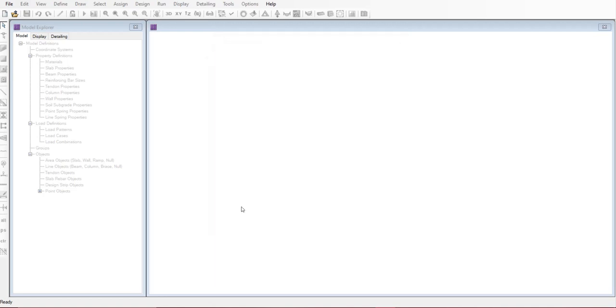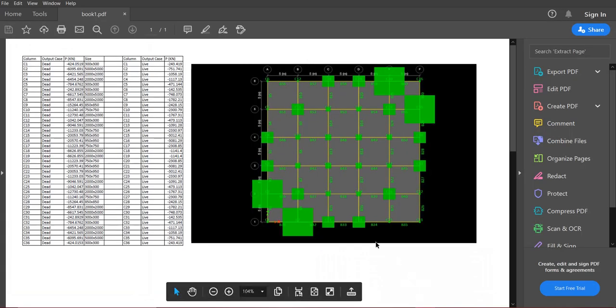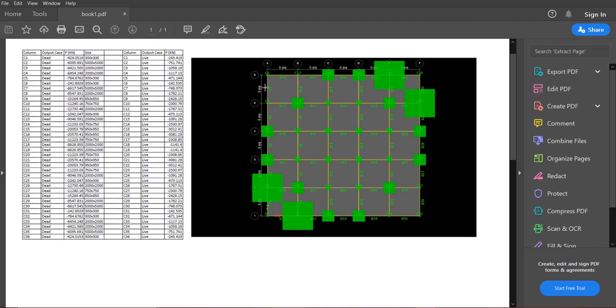Here select grid only. As you can see from this, we will first draw the slab over this grid area, and then we will expand it forward. As you can see here, there are 6 grids in x direction as well as 6 grids in y direction, and the spacing of each grid is 5 meters.